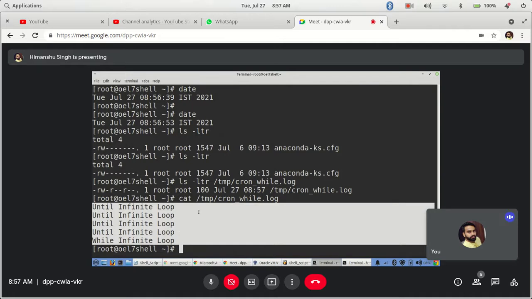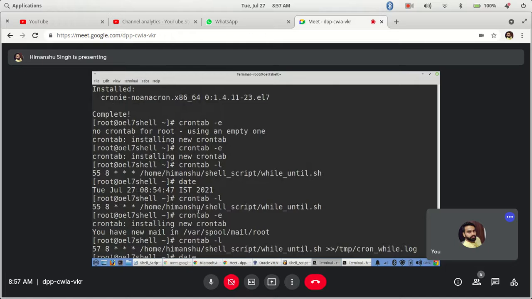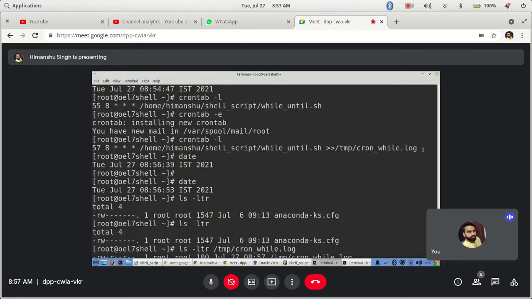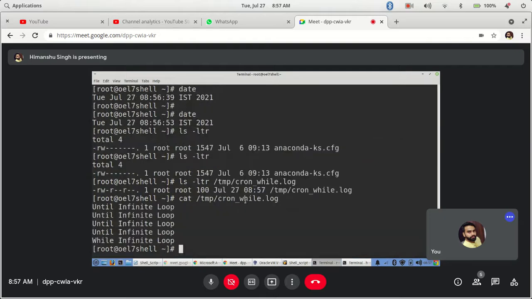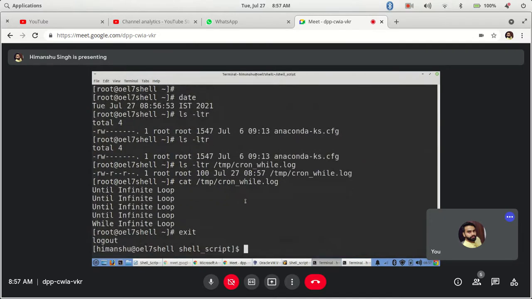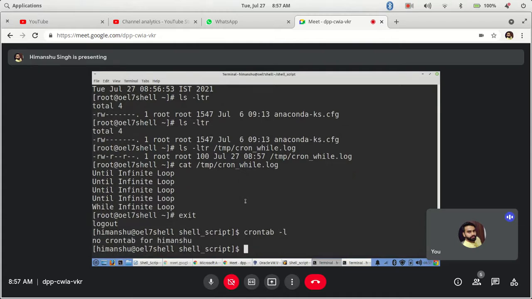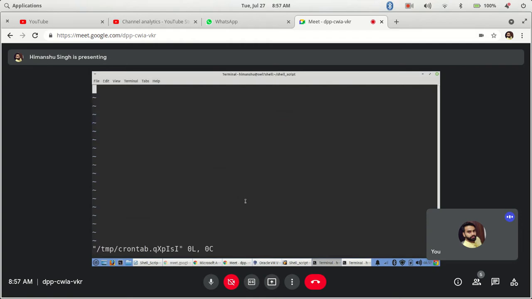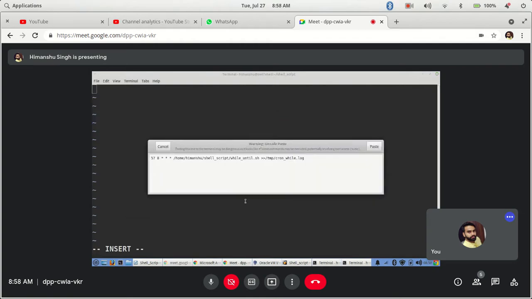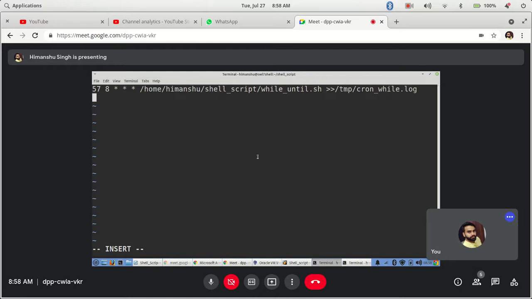Got it? Now let's say I want to execute from my user, not from here. I will exit here and see, there would be no cron entry because it's specific to user. The one that I set is for root, not for this. So if I go ahead and do it, crontab hyphen e, insert, paste. Yes. Okay, and I will save it,